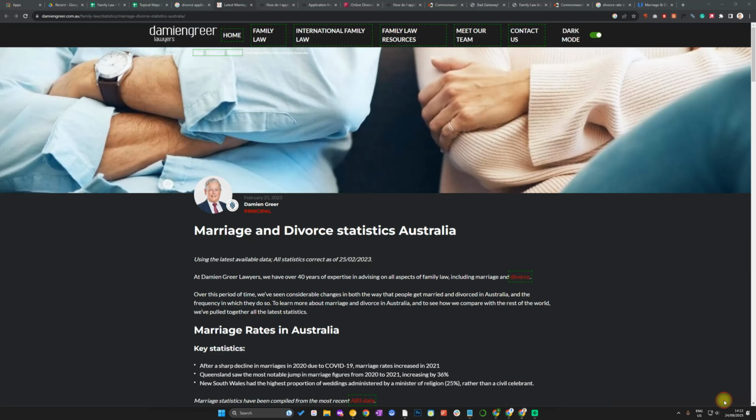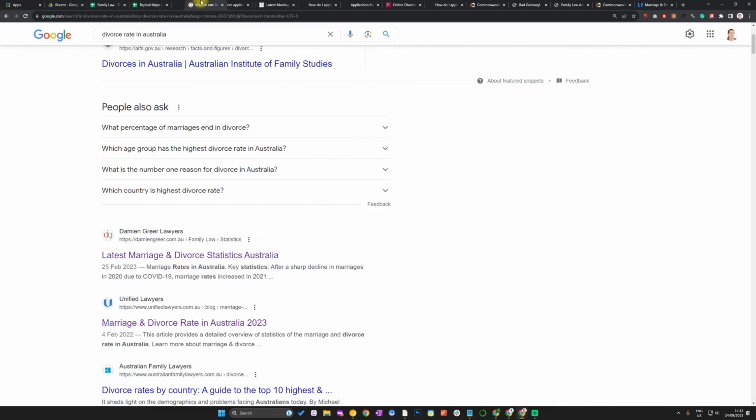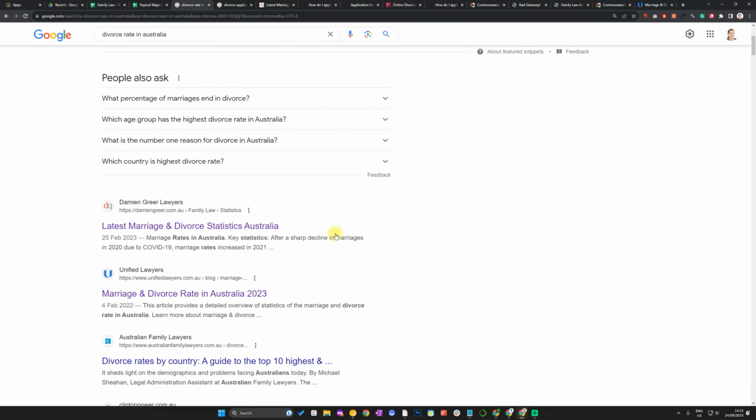So now we're looking here at a divorce statistics article. This one was for divorce rates in Australia. I don't quite like this one as much for our root topic. The root topic being here the family law and then divorce, because it's not really at the center of what we do and not at the center of what the customer, what the business wants to do. So again, the business helps people who want a divorce,